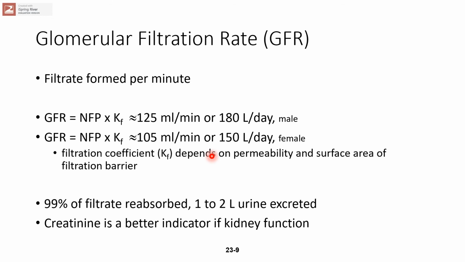However, just keep in mind, when things are filtered through the glomerulus, 99% of the filtrate is reabsorbed, and in the end, you only get 1 to 2 liters of urine. Now, along with GFR, what they look at is creatinine. Creatinine is also a good indicator of kidney function because in the urine, we excrete some amount of creatinine. Creatinine is a byproduct of